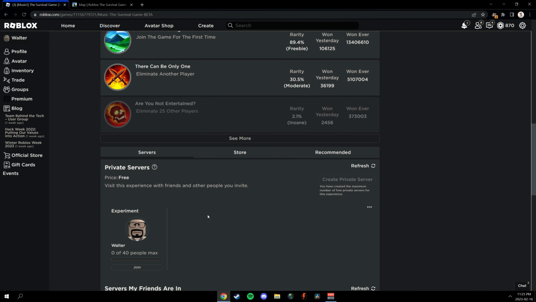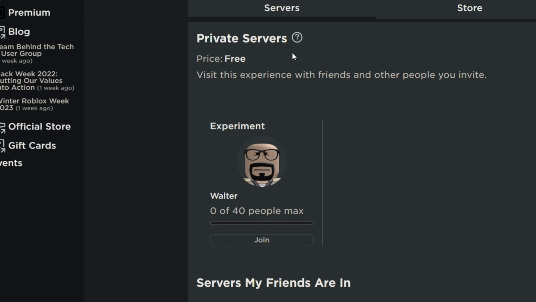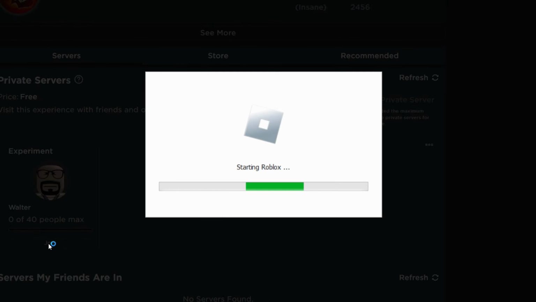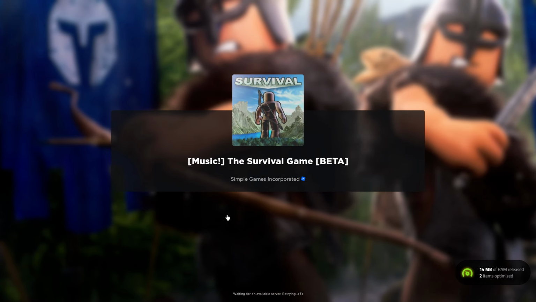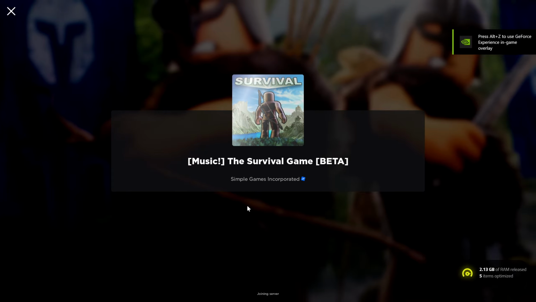Anyways, so the tip is private server. What you're gonna want to do is make a private server. It's free, so it's like whatever. If it's free and you make it, you can join it. And this is the crazy part. In a private server, no one can join, which means no one can...